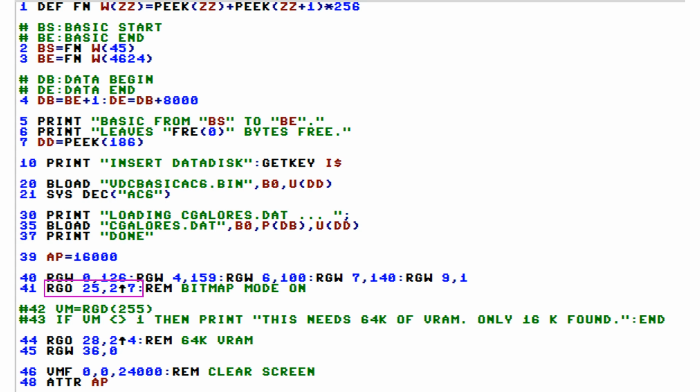Writing 2 to the power of 7 is not good performance-wise, I know, but it makes it clear that we're talking about bit 7 here. So feel free to just write 128 in your own code instead. And we'll need to tell the VDC chip to use